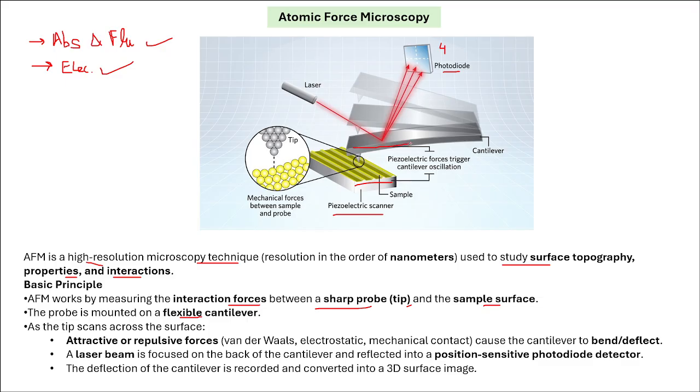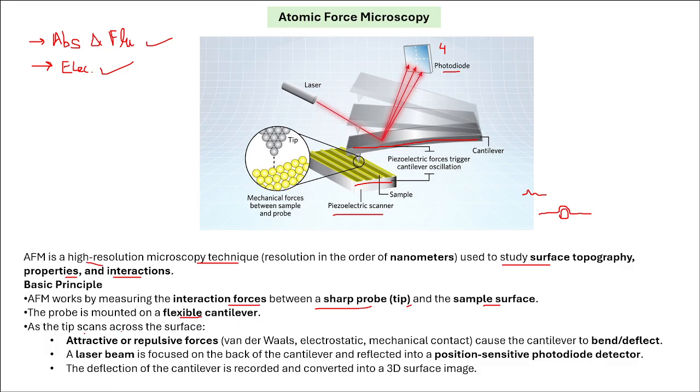Now, this cantilever is flexible in nature, meaning when it moves, suppose it's moving like this. So when it is flexible, suppose there is a rough surface. Suppose this is a nanoparticle. Now, when this cantilever moves, it will deflect a little, and then move like that. When it deflects at this point, this cantilever will also bend, and there will also be bending of the laser light that is falling on this cantilever.